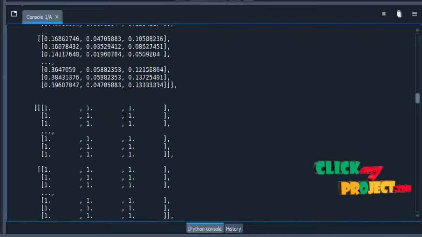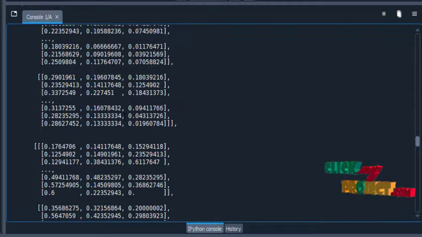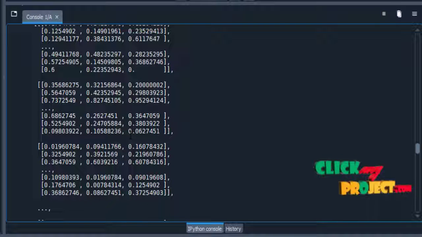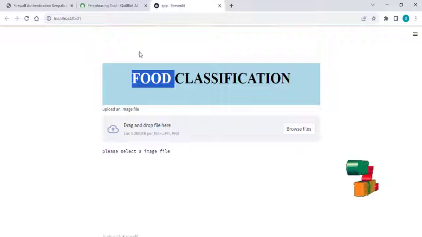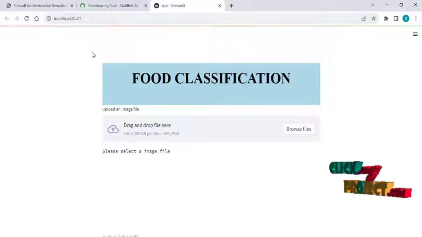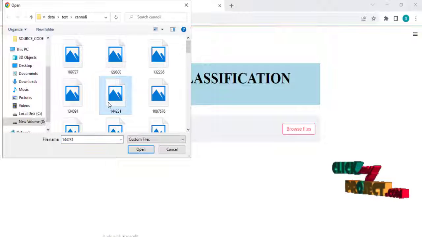This is the Streamlit process. Only after executing the Streamlit command, our browser will go to the Streamlit web page. After getting our localhost in Google, we type that localhost and we find that Streamlit page. And then here is our title, food classification. Here we use the upload file used by the